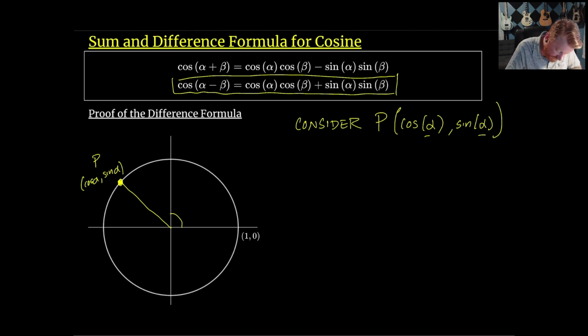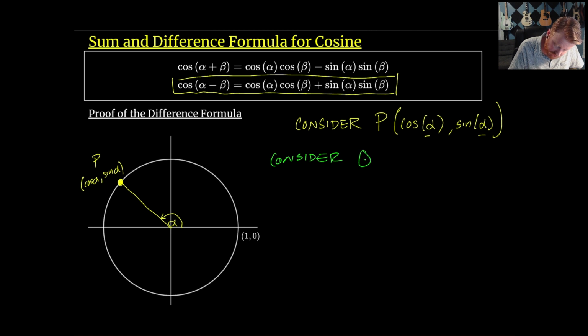And so we know that this angle here is alpha. Okay, so this is an arbitrary argument. I'm just placing it somewhere here so that we can start talking about what's what. Next, we're going to look at another point on here. We're going to just consider